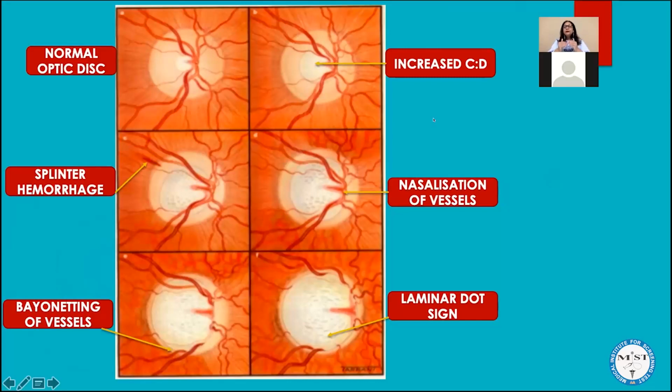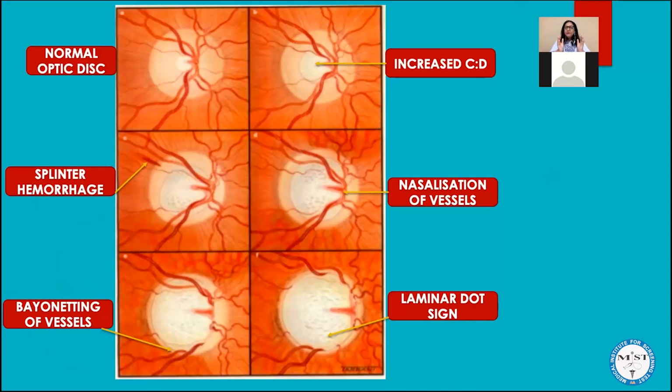Now in optic disc changes which are seen in glaucoma, there are various changes. Okay, so first change is that there is increased cup disc ratio. The cup starts becoming large. Why? You can understand, because the nerve fibers are getting damaged. So the empty area starts becoming large. So increased cup disc ratio, especially more than 0.7, is indicative of glaucoma.